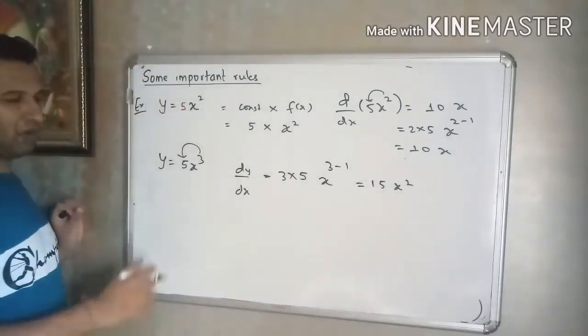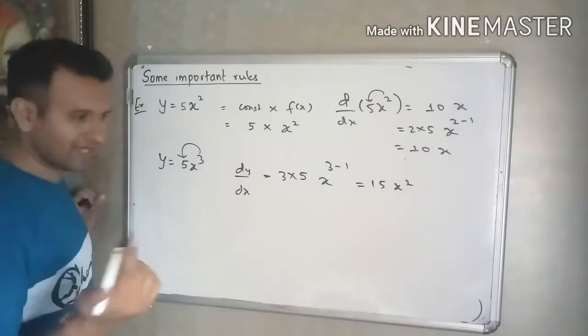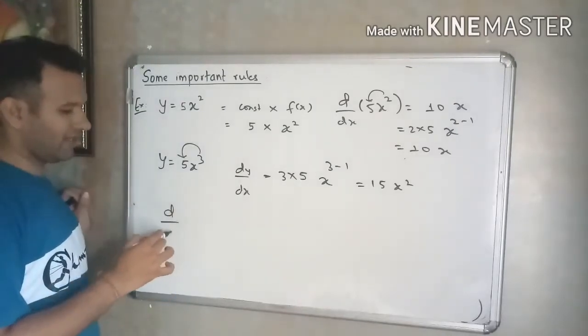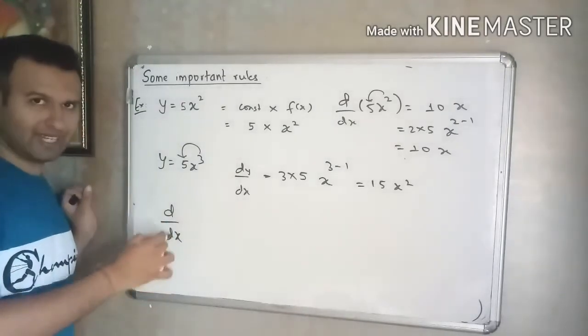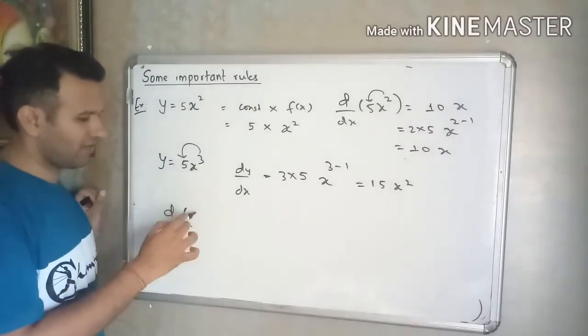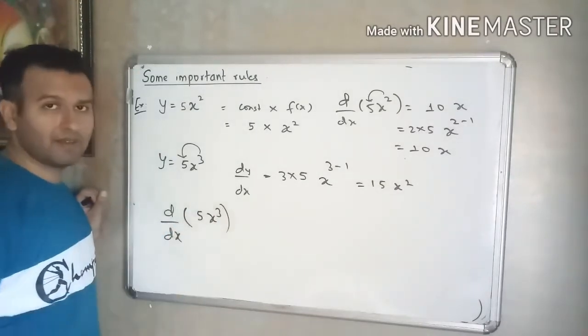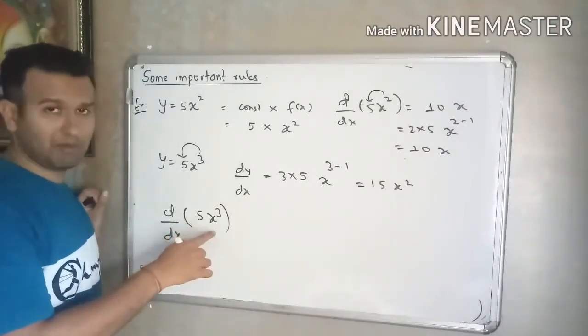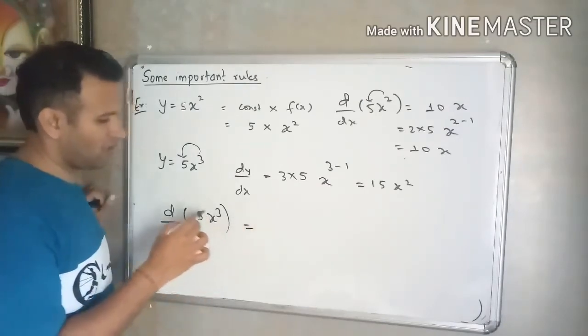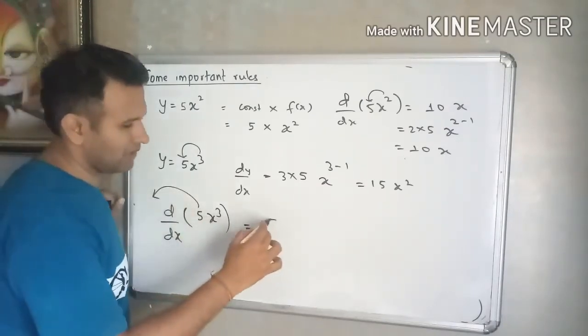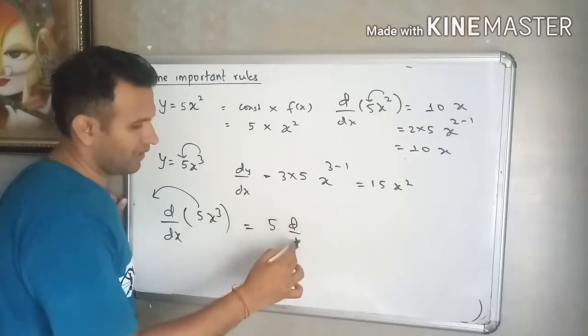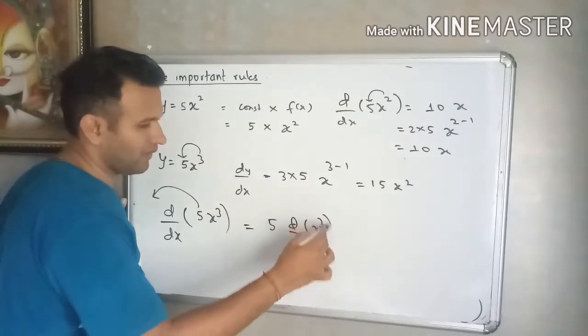आप बोलोगे नहीं सर पूरा करके बताओ, पूरा करके बताते हैं, उसमें क्या है देखो, तो ये हो जाएगा d बाई dx, यानी ऑपरेटर, ये डेरिवेटिव है, डेरिवेटिव ऑफ व्हाट, द फंक्शन, विच फंक्शन, 5x क्यूब। व्हाट इज दिस फंक्शन, इट्स अ कांस्टेंट मल्टीप्लाइड विद x क्यूब। सो जब भी ऐसा होता है तो कांस्टेंट को बाहर लिया जाता है, तो आपने कांस्टेंट बाहर ले लिया, ये हो गया d बाई dx ऑफ x क्यूब, ठीक है।